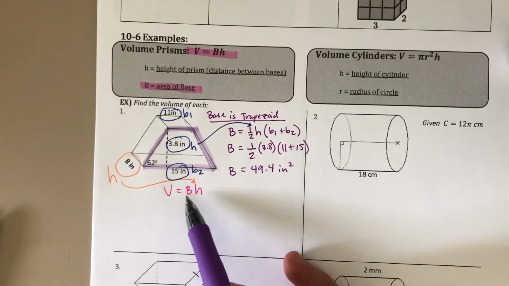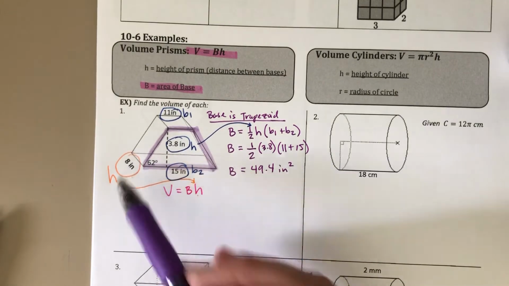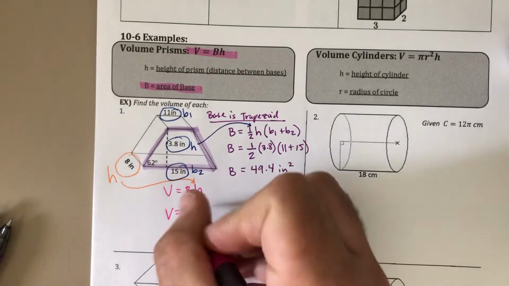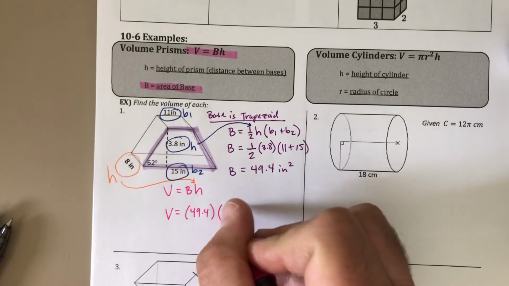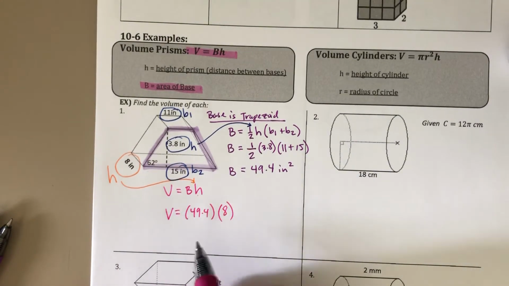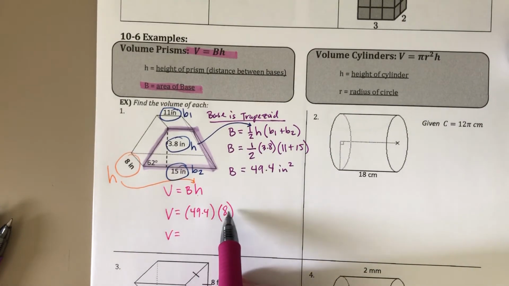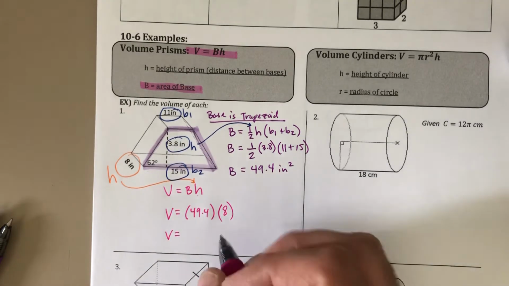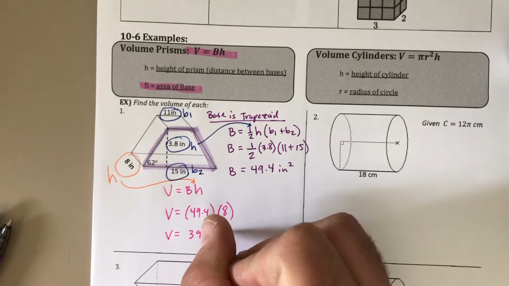And the volume says, okay, take that you just found, multiply it by how far apart the bases are, which is 8. So volume equals that B, 49.4, times the height, 8. Again, height of trapezoid when you're finding the volume of the trapezoid. Or, excuse me, the volume of the prism, right? The height of the prism when you're finding the volume of the prism. Okay, sorry, I said that backwards. And that's going to give us 395.2